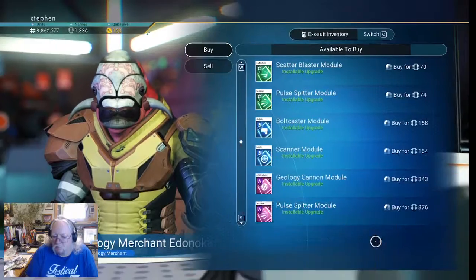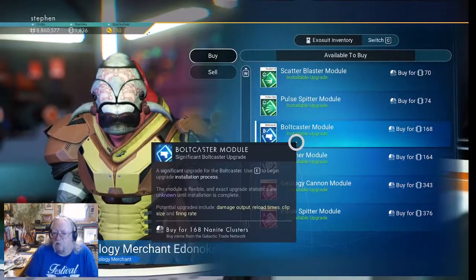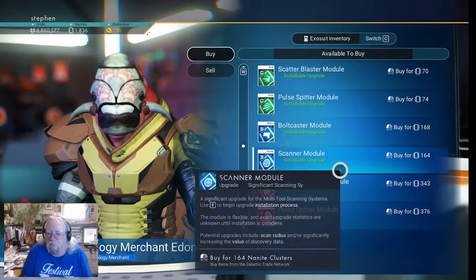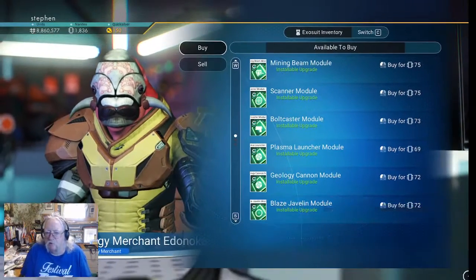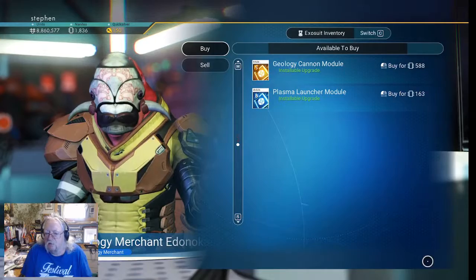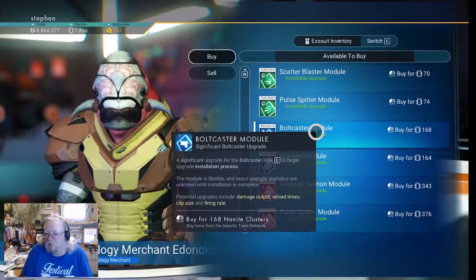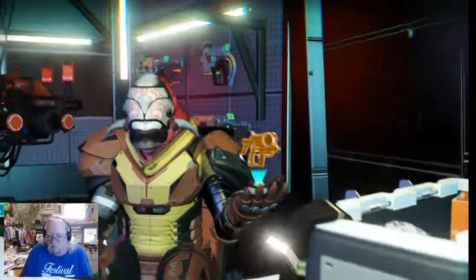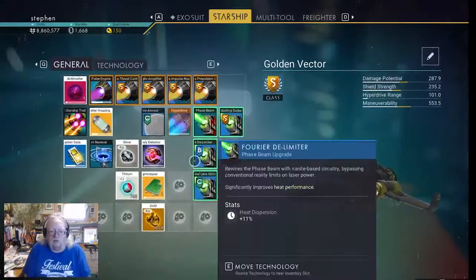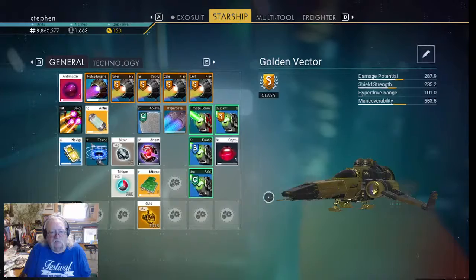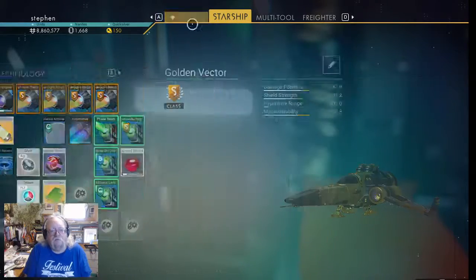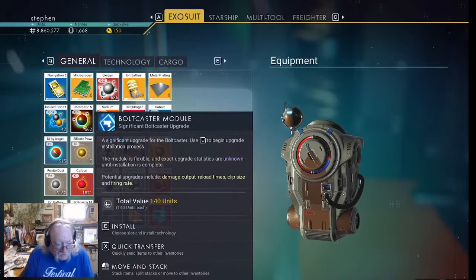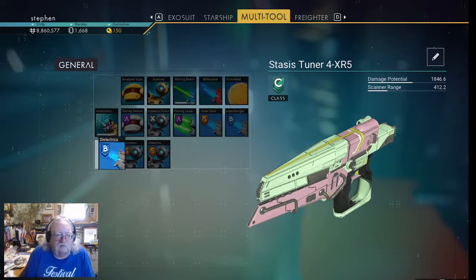Okay. Bolt caster, that's the B. I might buy a second B. I don't really want to, but yeah. Okay, well, I'll buy a second B for what it's worth, which, just as an aside, not much, but yeah, every little bit of help when you need it. So